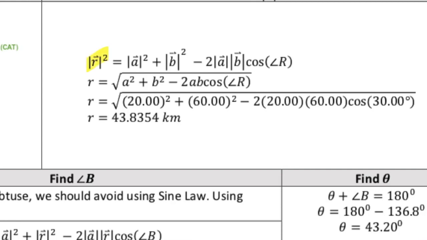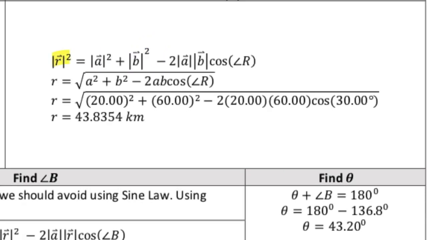Remember, the magnitude of R squared is the same as side c squared, and the magnitude of vector A squared is just the same as a squared, and the magnitude of vector B squared is just the same as b squared. We're looking for the magnitude of R, which we can just write simply as R by itself. But I do want this first line with the proper notation because it is most correct. To isolate for R, we take the square root of both sides. Now we're free to substitute in. The magnitude of A was 20, the magnitude of B was 60, so 20 squared plus 60 squared, minus 2 times 20 times 60 times cos of 30 degrees, and we get an interim answer of